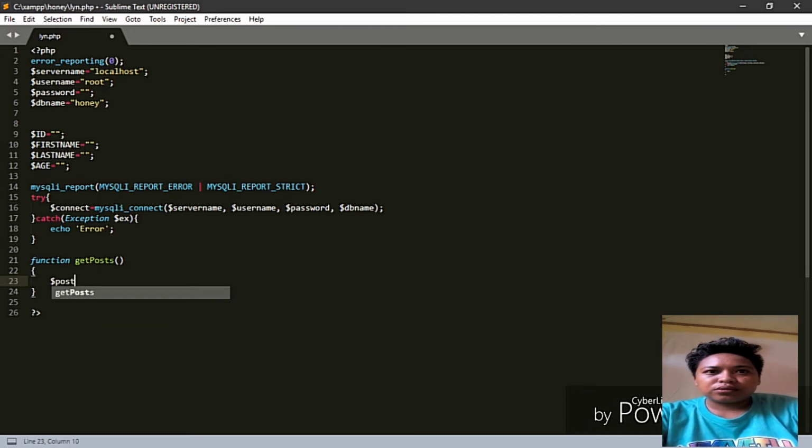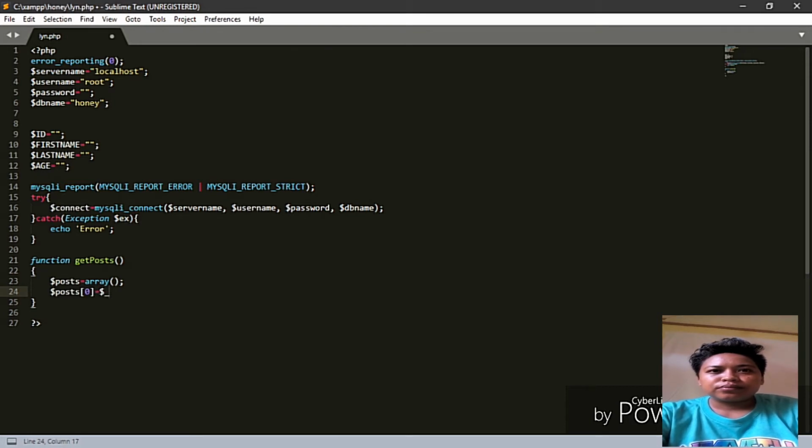So post array. Post 0 is $post ID. Is post 1